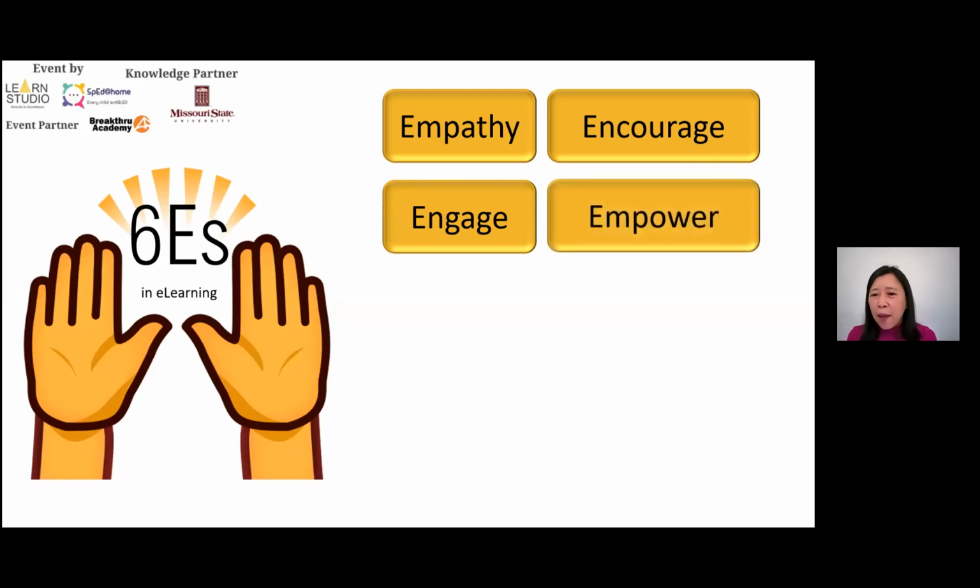Another E is empowerment. Students are empowered to copy down the lesson at their level of ability. In our center, we teach cooking, preparing breakfast as part of the syllabus. So some of the things that they can do, such as copying down the ingredients, then requesting the parents to purchase the raw materials for the lesson. These are opportunities for them to be independent.